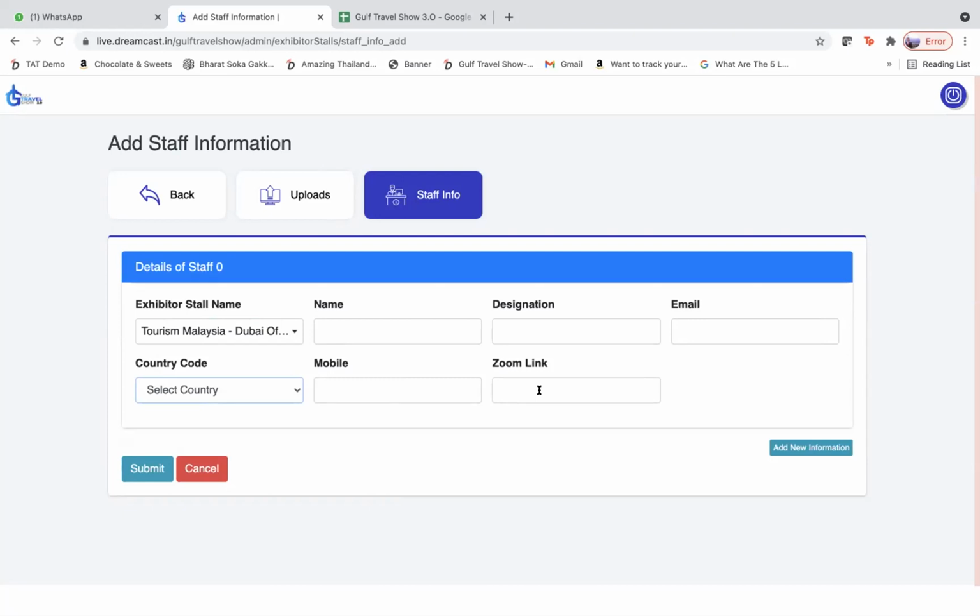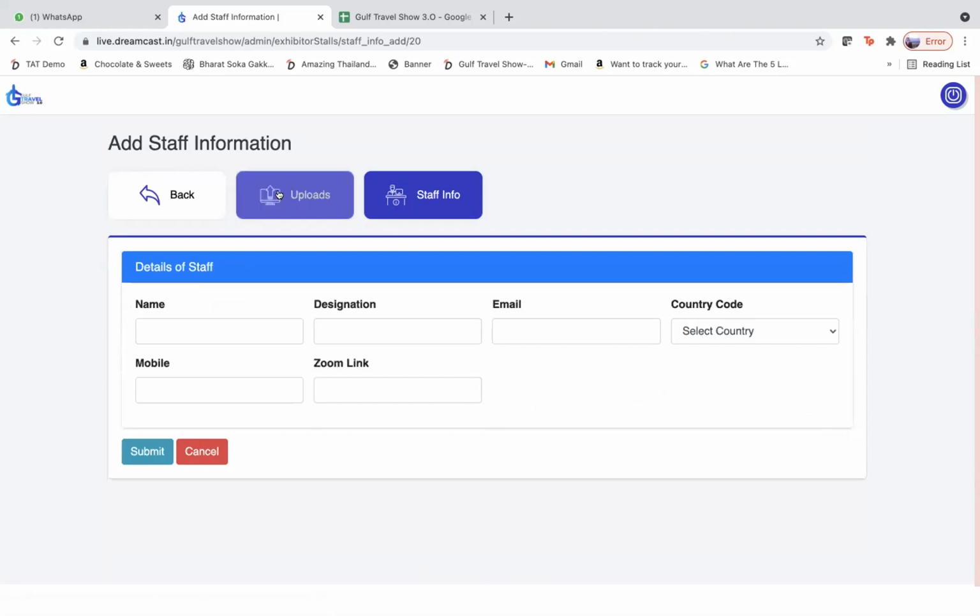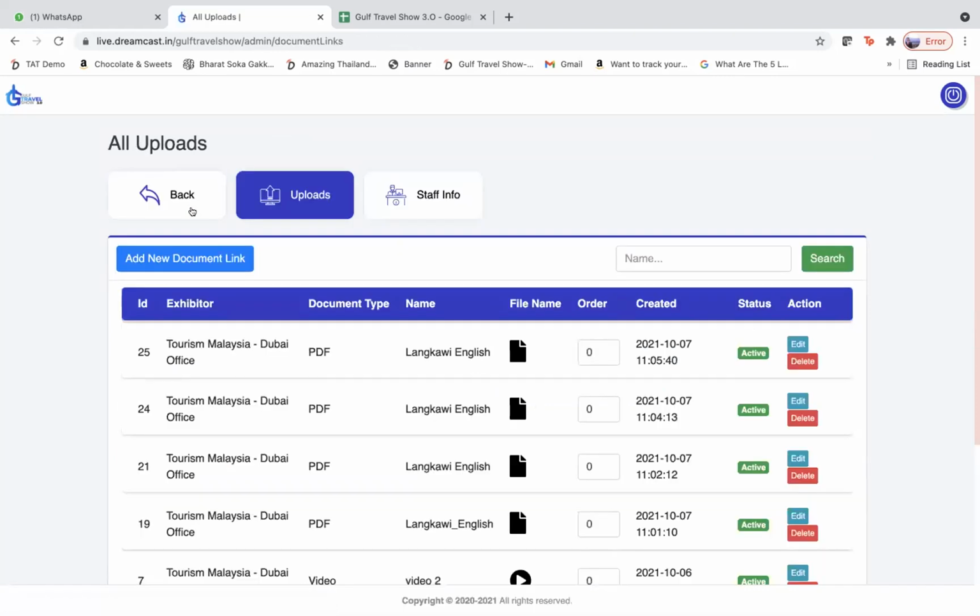Either the client makes it, or if the client has some challenges creating it, you can create it for the client and add the Zoom link. Ideally, it should be done by the client themselves. So that's pretty much about the staffing information. Any questions till now?